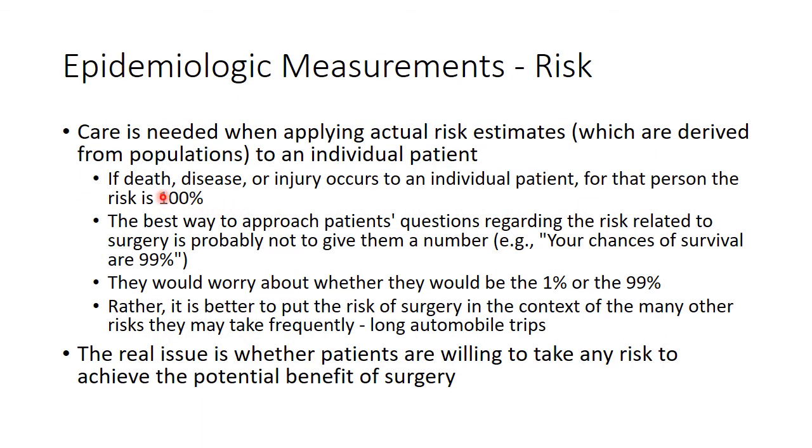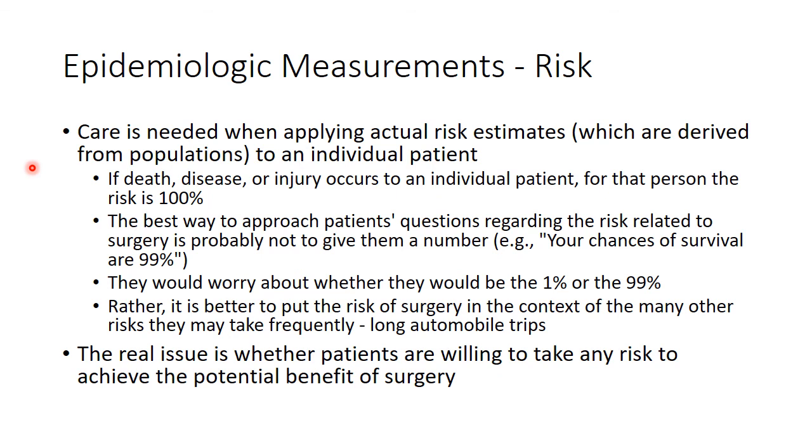So care is needed when you're trying to apply some of these risk estimates, and again, these are derived from populations. It's difficult to apply that back to an individual patient, and so if someone does have one of these events, everyone, the risk of death for people is 100% because everyone's going to die at some point, right? But the best way that we can approach this, especially when patients have questions regarding risk related to things like